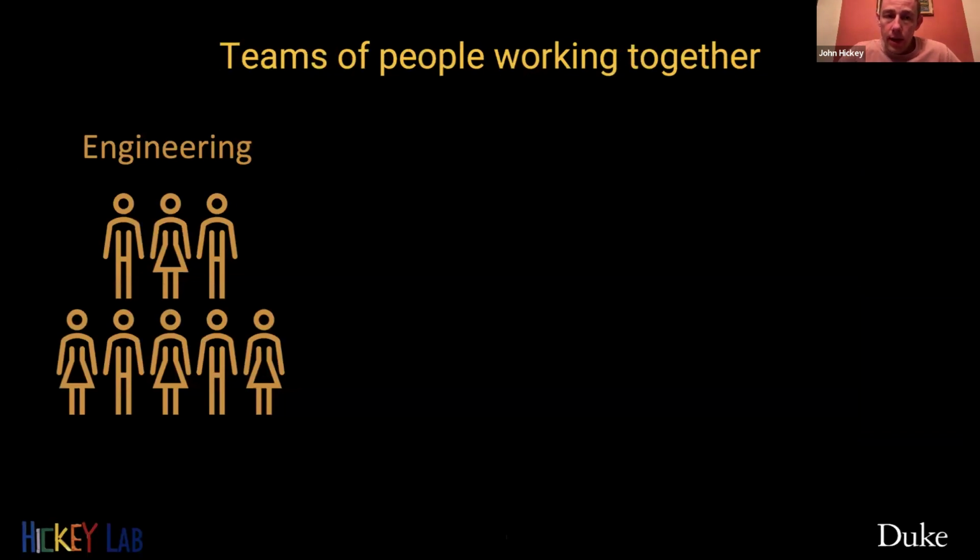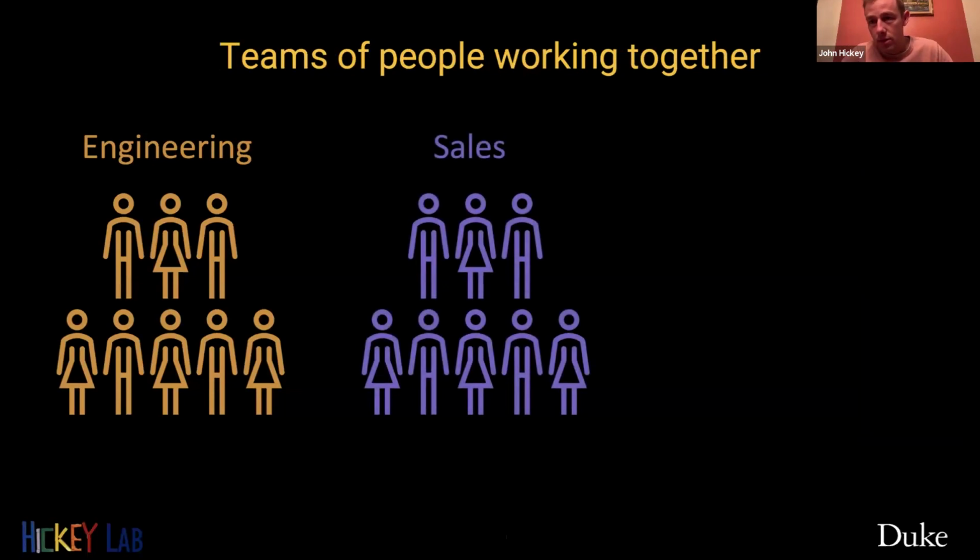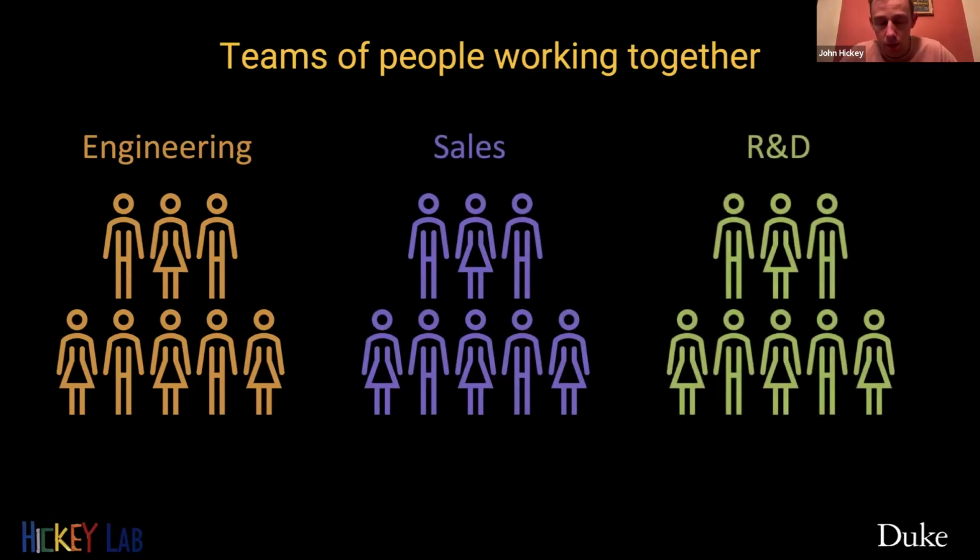But, you know, and this comes into a thought, in biology, we can think about our neighborhoods. I've talked about these neighborhoods as static things, kind of like geography, but really our cells are dynamic things, and there's different types of teams that are working together, kind of like a company. So, we can think about an engineering part of a company, a sales part of a company, and an R&D part of a company. And so trying to figure out what different cells are doing and how they're working together is another way of thinking about our